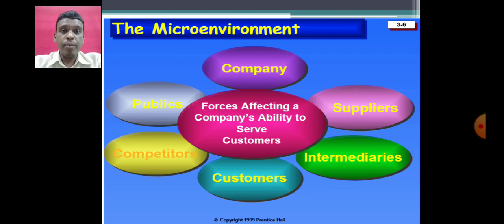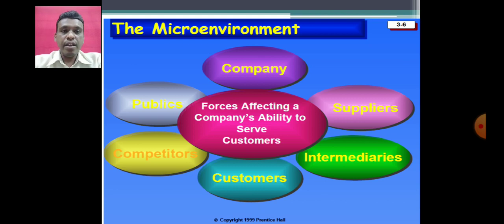Then comes competitors. Competitors are those people who are trying to sell or market their products or services to that same segment of the market which we are also trying to sell to. So these are competitors. Competitors' policies and decisions will definitely affect our marketing. Suppose our competitor reduces price, then we may be forced to reduce our price in order to keep our market share intact. That will definitely affect our marketing decisions. So if a competitor changes any of its 4 P's, it will affect us. What are these 4 P's? We will see later on: product, price, place, promotion.